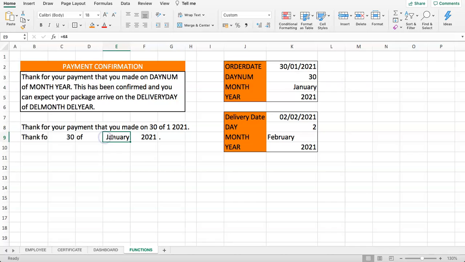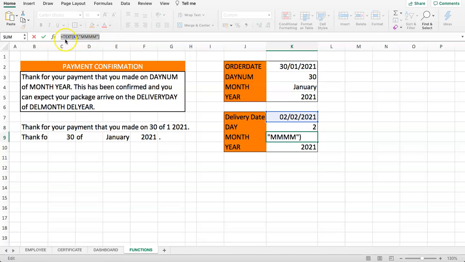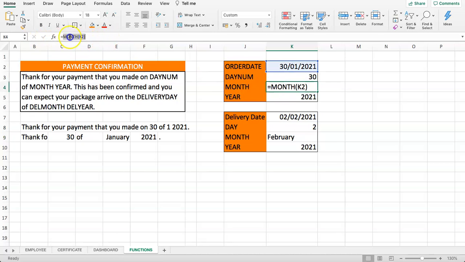this is here, doesn't show. How can we convert this? Well, in this case, we can convert again with the text. We can copy the text for the same formula. We say here equal, and then we say text, get the value out, select this value, comma, and then we say month, and